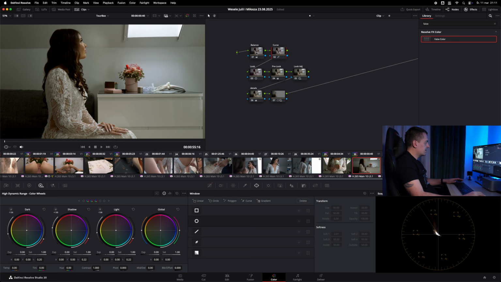Of course, you can now go wherever you want. For example, here at the look adjustments, we can bring our exposure up because the scene is much darker than the previous one. And now I think that will be enough.